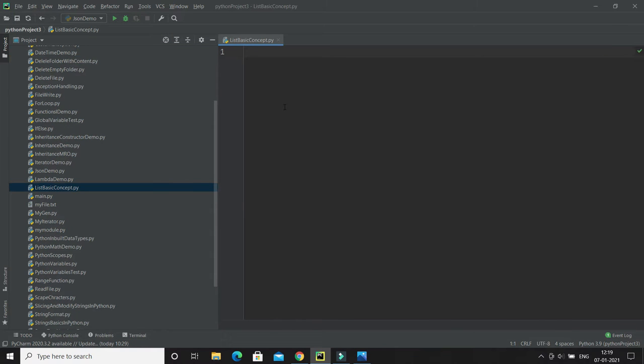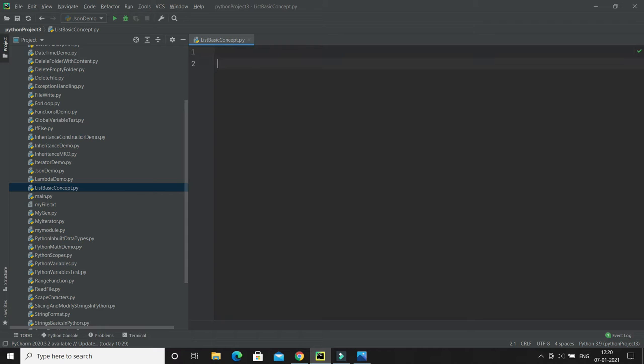First of all, we'll try to learn how to create a list. We can create a list in Python using square brackets. Let's say I give the variable name fruits, and here I'm going to create a list of fruits. The list of fruits I need to keep inside the square brackets. In the square brackets, the first item I'm going to write is apple. Apple is one of the fruits.